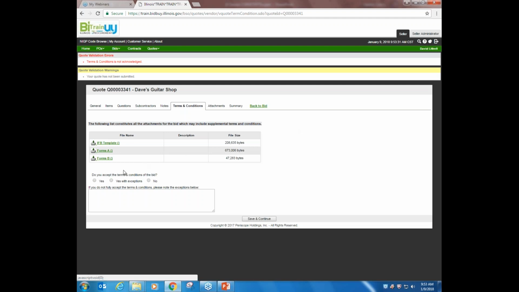Here's where you need to accept the terms and conditions. I see that this is a red error here, so I'm going to have to say, yes, I accept. No, I do not accept. Or yes, with exceptions. So it's important to point out here that if you click no or yes with exceptions,